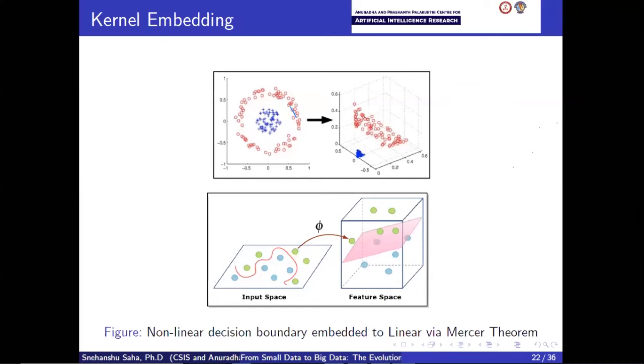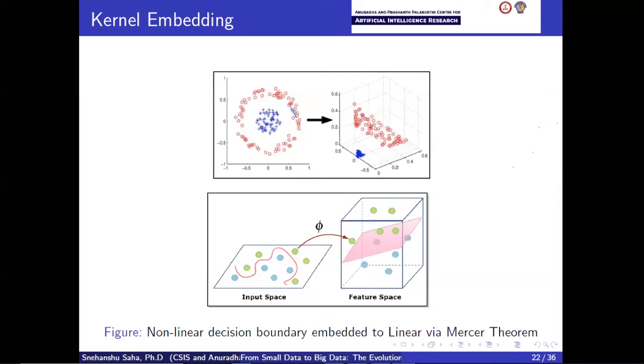So what Vapnik did, by using that master class from Mercer, he projected these data points to a higher dimension. And you can do it to any higher dimension possible. And the moment he did that, you can look at the image below. The non-linear decision boundary has been converted to a linear decision boundary. Beautiful, right? It's a very, very simple and elegant concept, and this is what people realized.